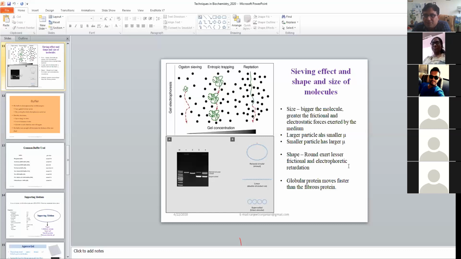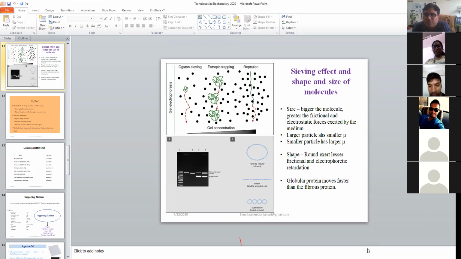Can you tell me this high molecular weight gel, high concentration, where are we using this? Page. Page 4. Every time we are not using high concentration in case of gels. My question is, for what purpose should one recommend going for a high concentration of gel, whether it is agarose or SDS-PAGE? Under what condition? Smaller molecule separation. When the sample is smaller in size, sir. Particle size is smaller. Yes, particle size is smaller.